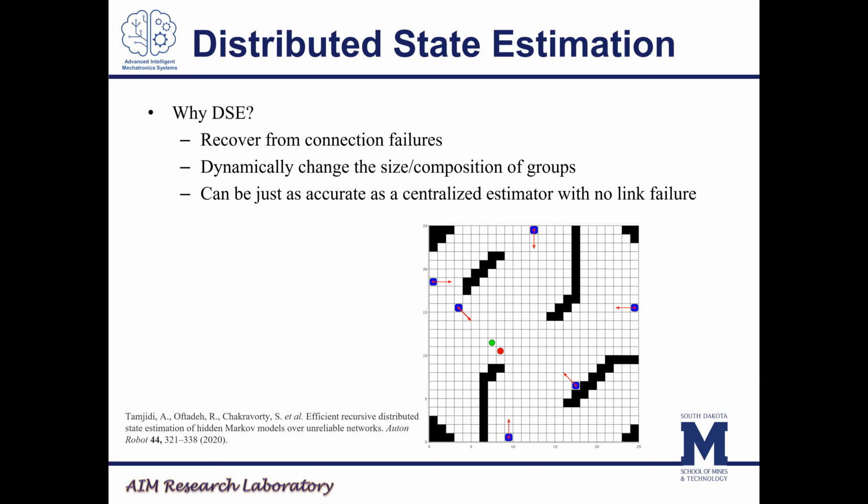This works great if each agent can talk to the centralized estimator. It's very low compute because you've only got one agent actually computing the state of the whole swarm. But if you have a situation where not every agent can communicate with every other agent, then you could have a problem where some of the agents just don't get an estimate at all, and then they have no